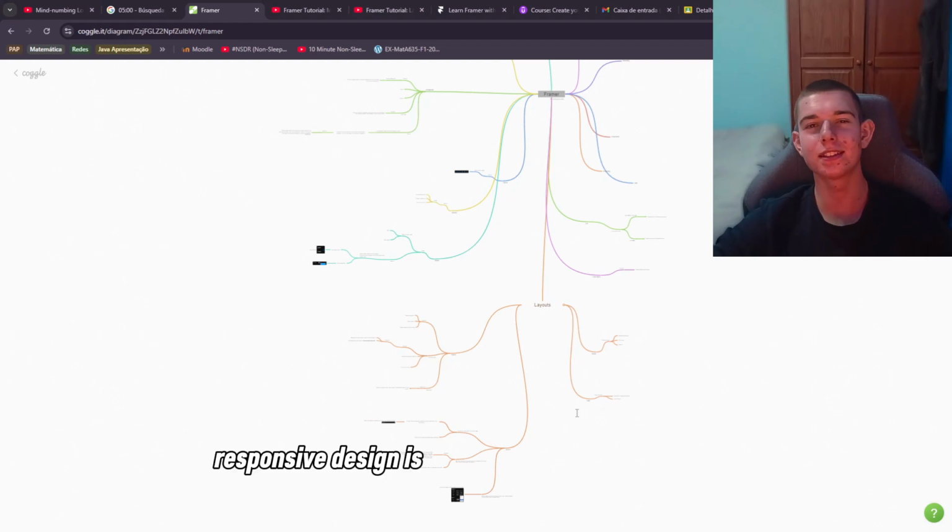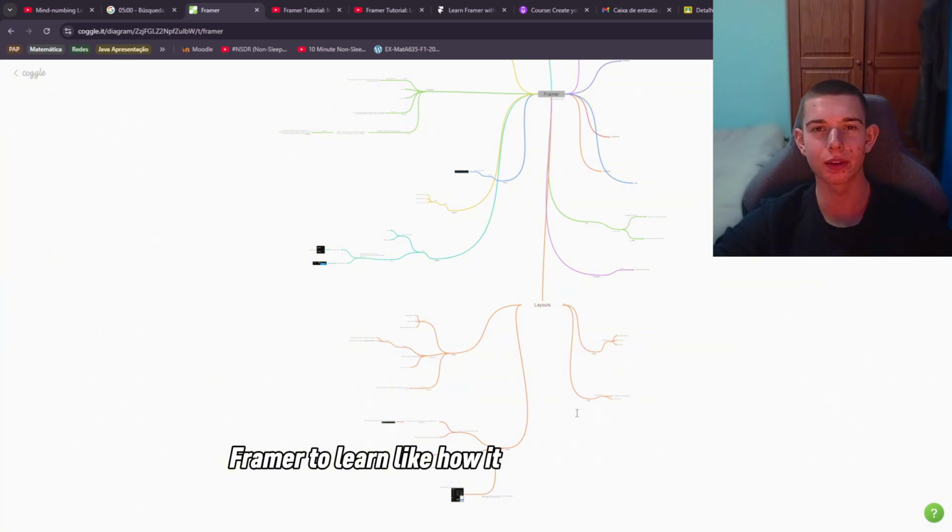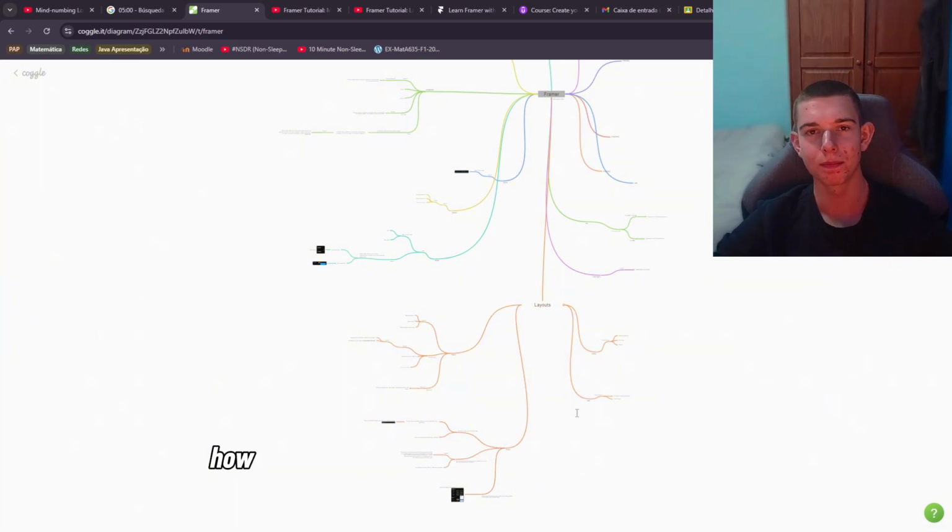Responsive design is key to creating great websites. And today I'm diving into Framer to learn how it handles websites, how you can create responsive websites and layouts. So yeah,